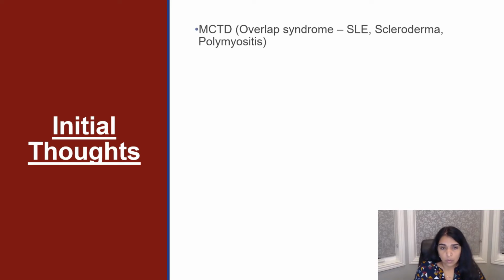We are then also given a set of her labs, which again show low hemoglobin, low platelets, an elevated LDH, and a creatinine of 2.6 milligrams per deciliter, which is why I've been consulted to see this patient. So my initial thoughts are going back to her history. The patient has a history of an autoimmune disease, mixed connective tissue disorder, which is an overlap syndrome of lupus, scleroderma, and polymyositis. So I will be thinking whether this kidney disease could be related to her autoimmune disease. Could she be having a flare and causing an AKI because of that?